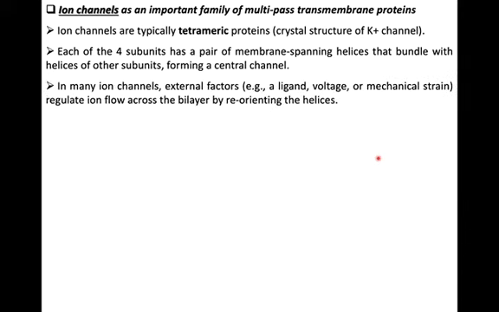So in many ion channels, the external factors, which is actually the ligand or the voltage or the mechanical strain, regulate the ion flow across the bilayer membrane by reorienting the helix. In other words, as you already know now, the alpha helix is a part of the protein which transverses the membrane. The reorienting of this helix in an ion channel will close and open the ion channel to enable the flow